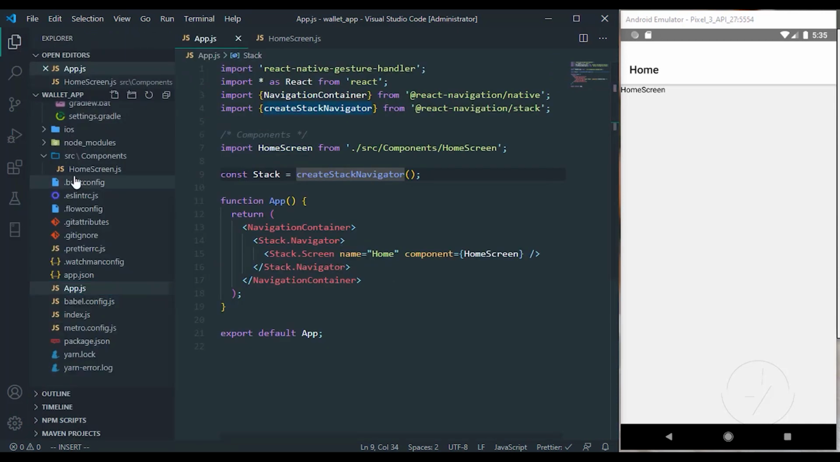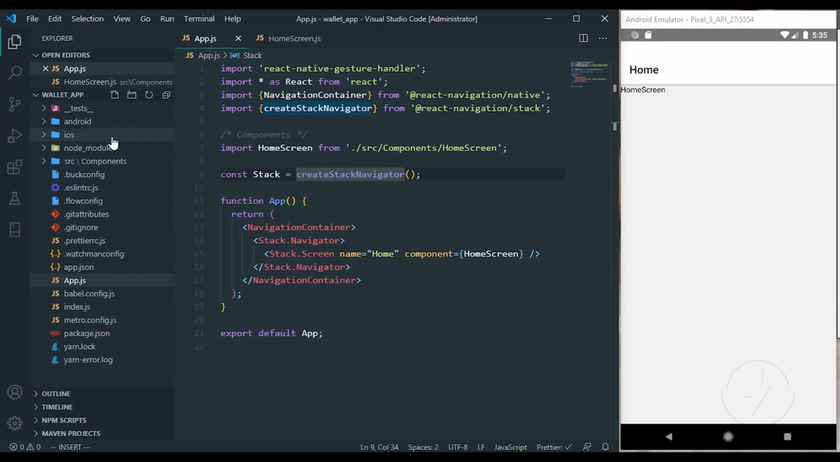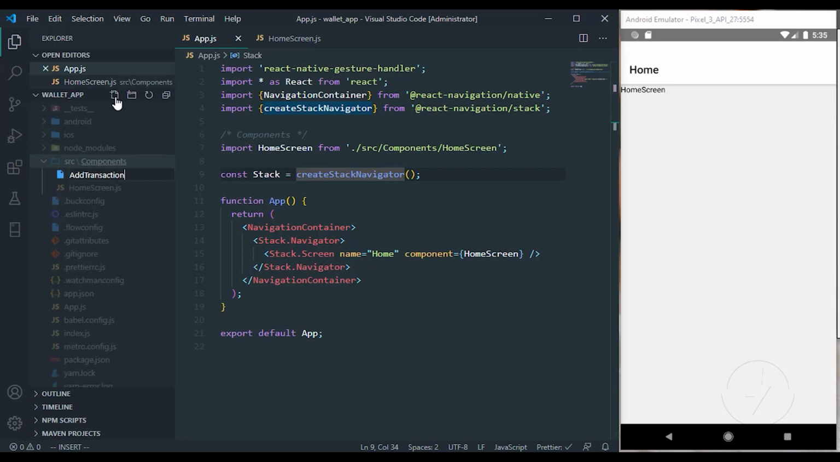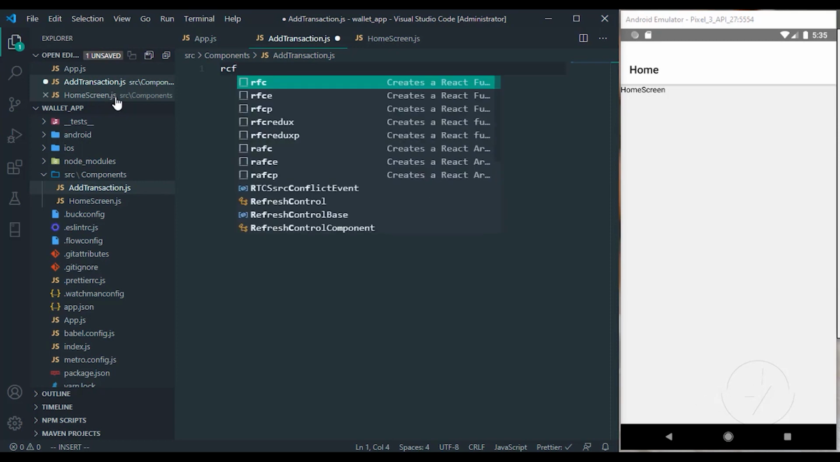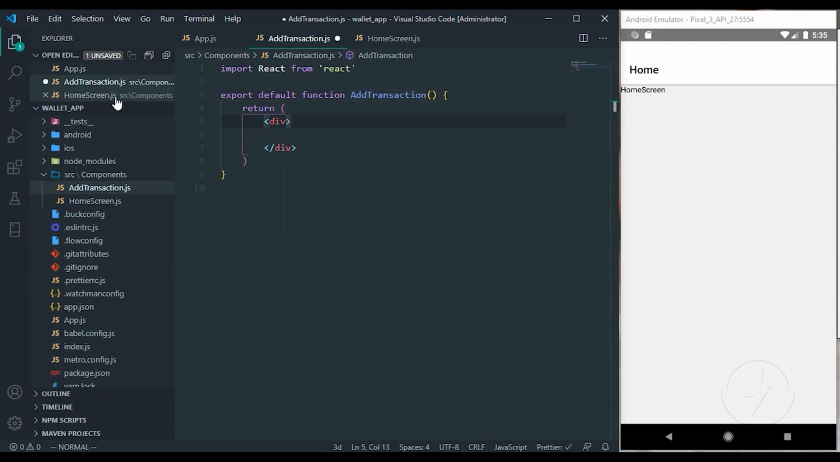So I'm going to create another component inside our components folder. I'm going to create another component called AddTransaction. I'm just going to do what I did before, arrow function component. So I'm just going to clear that,